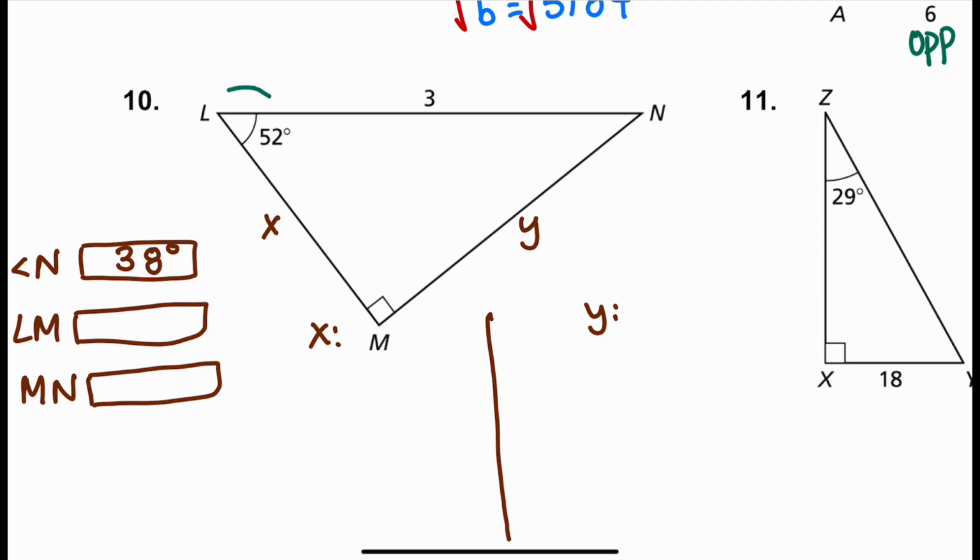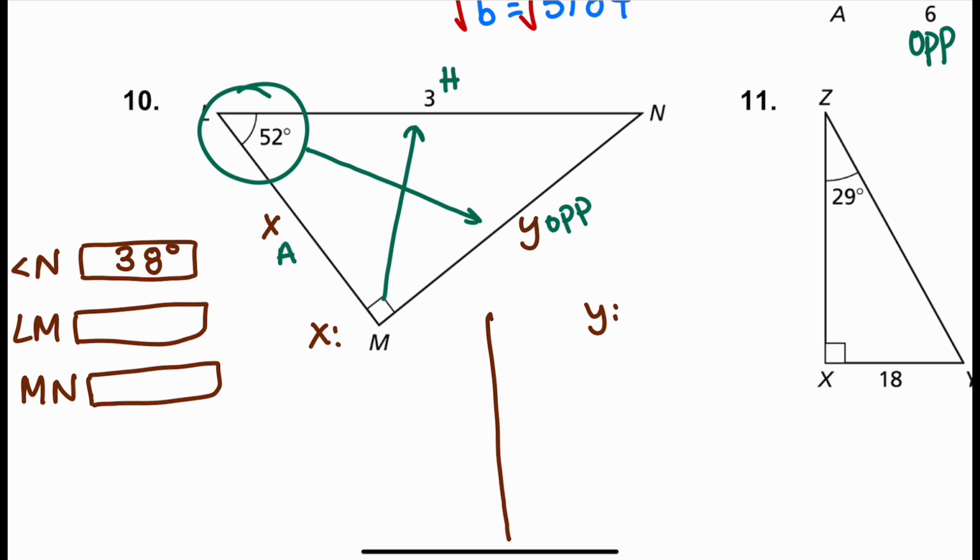So find your reference angle. The reference angle is the angle that has numbers in it. Across from your 90-degree angle, this is our hypotenuse. Across from our 52, our Y, is our opposite side. And the X is the last side, which is adjacent. Now, if I'm trying to find the X, I'm not going to use the Y value. I have adjacent and hypotenuse, which is the